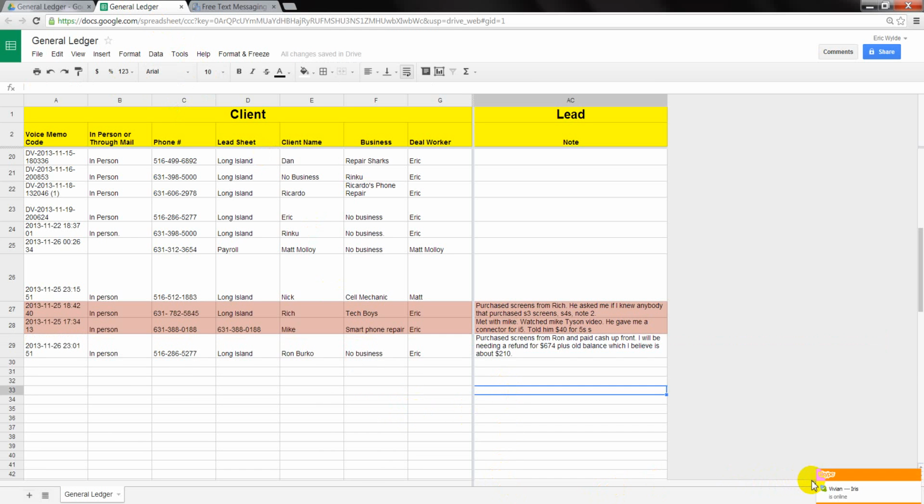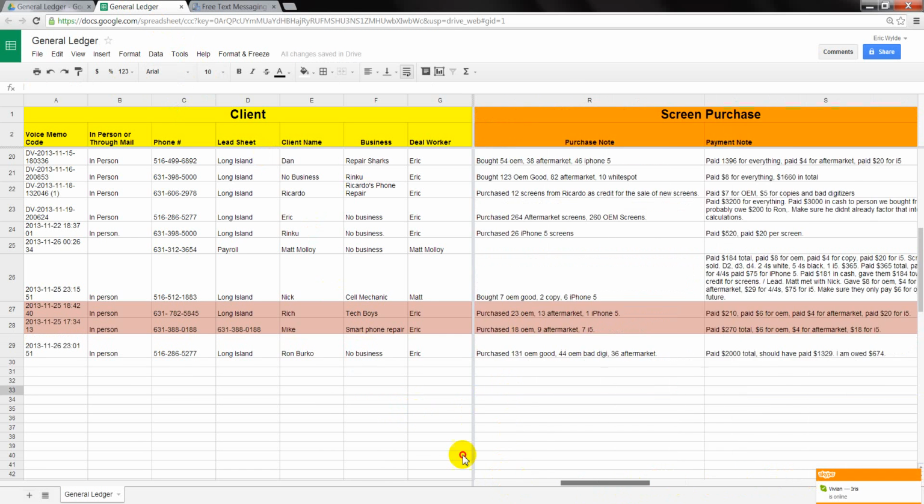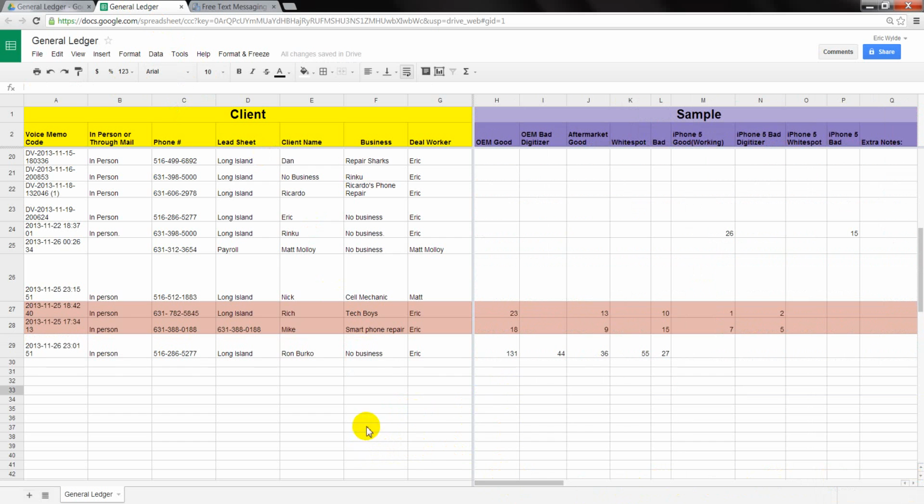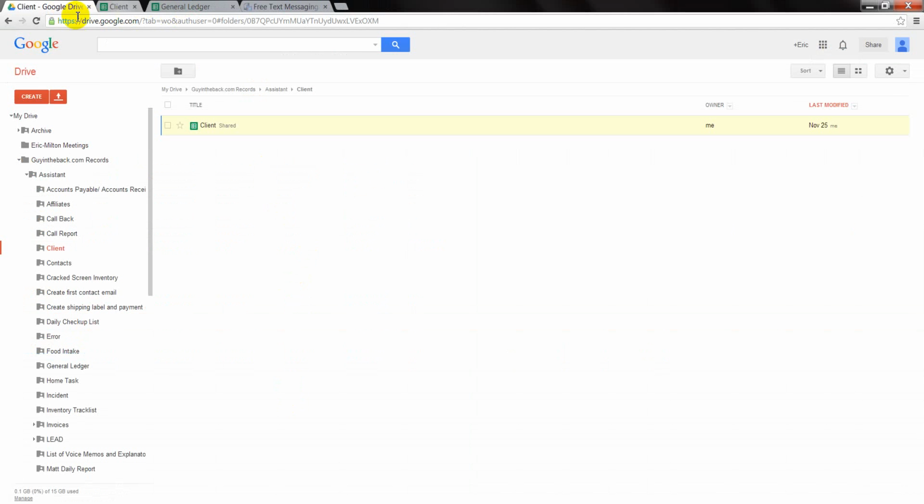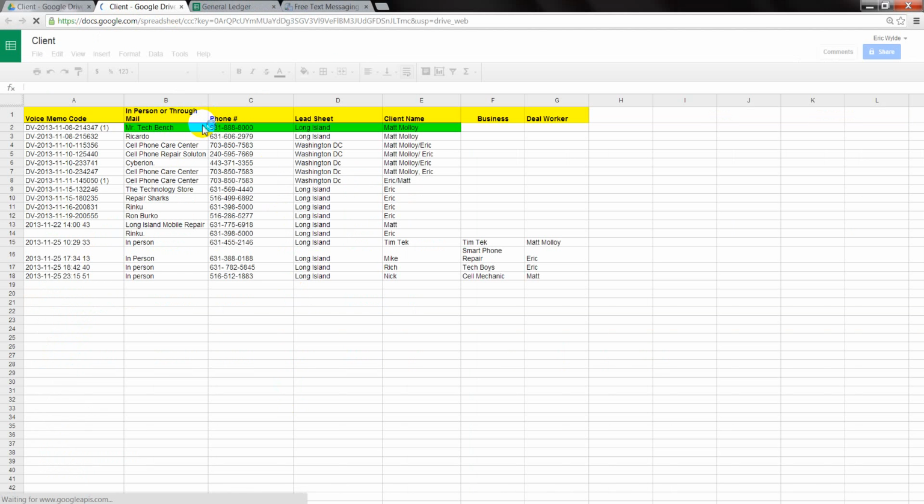Now what you've done is you've put all the entries in the general ledger. All you need to do now is put them in their matching ledgers. So I will begin to do that just to show you. So the first category is client. So what we'll do, let's go to assistant, click on client, go to the client document, open that up, and